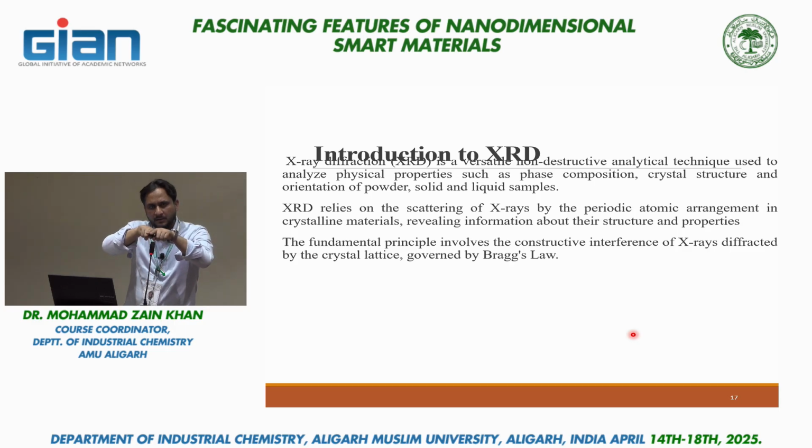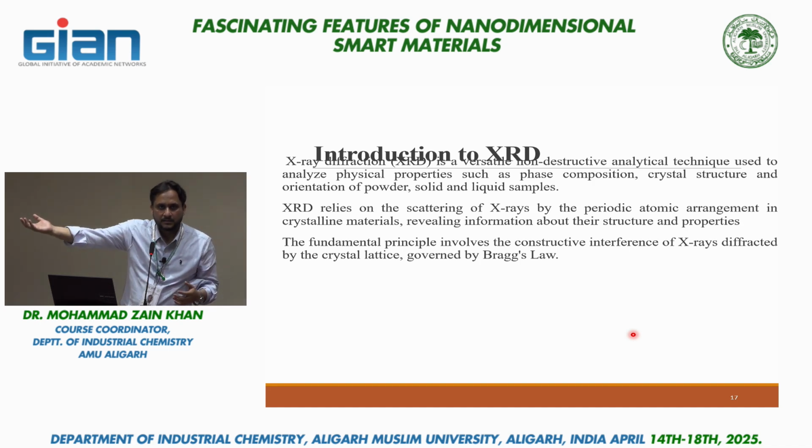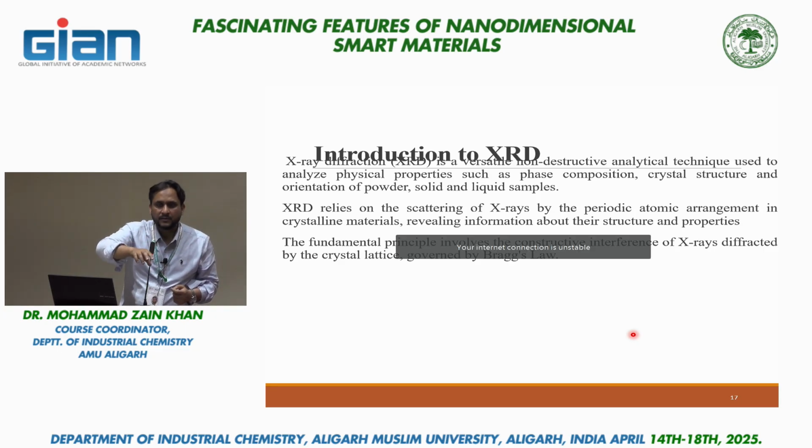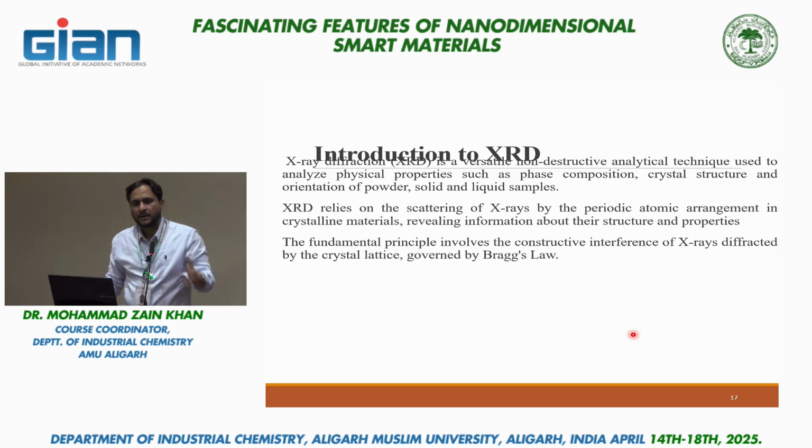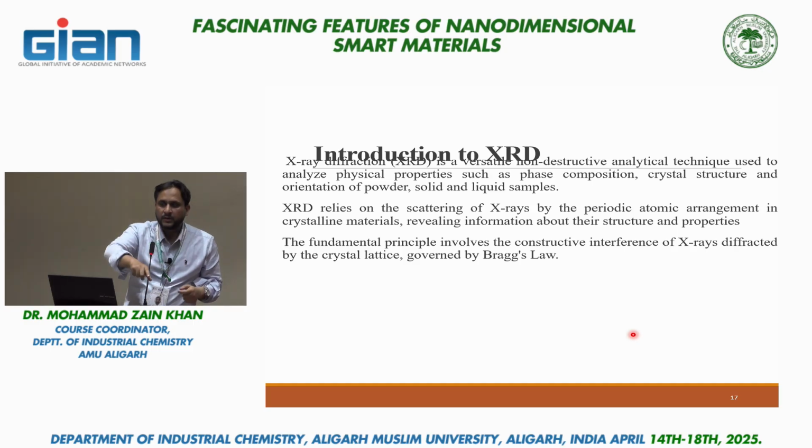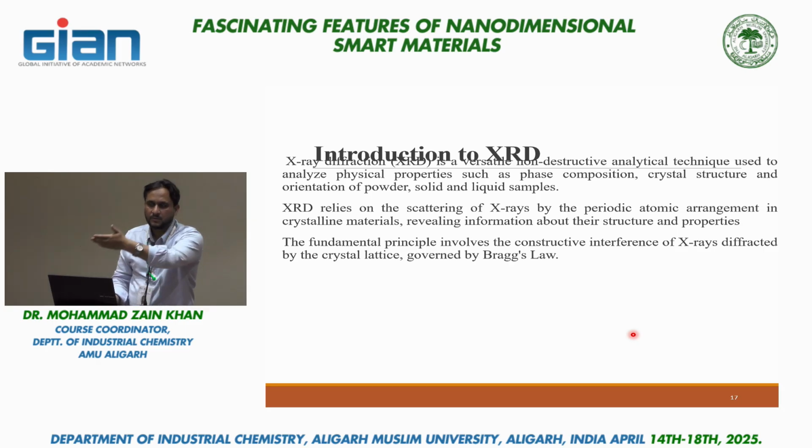Depending upon the surface and the planes of the molecule or the solid and the structural arrangement, these X-rays are diffracted at different angles. I gave you an example of a rubber ball. If you throw it on the floor and the floor is rough, it may go anywhere. But if the floor is smooth, it may turn at a sharp angle. And if you throw it 10 times, if the floor is smooth, this angle will be the same. But if it is rough, sometimes it may go to that side, sometimes to the other side,